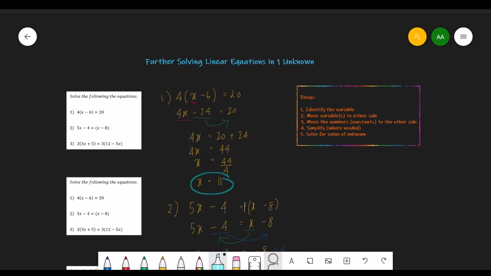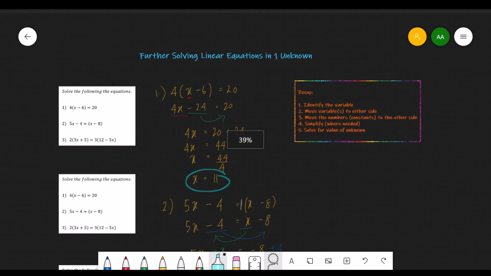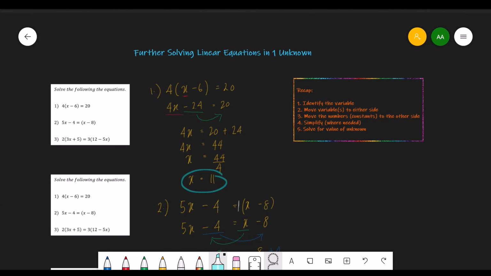So let us proceed. Please proceed to do your practice, because practice will make permanent, and hopefully you all will be able to understand this kind of questions